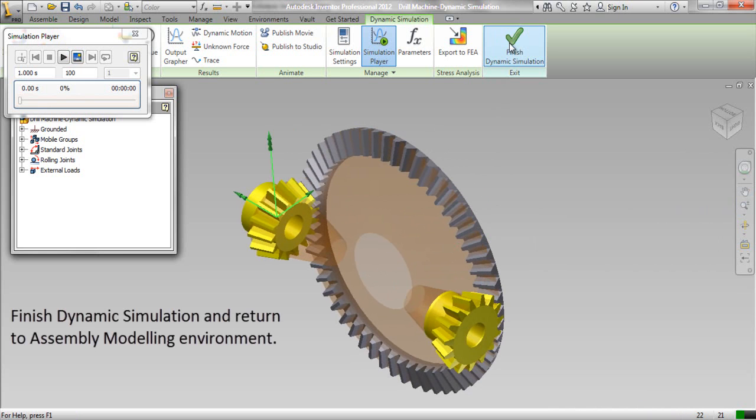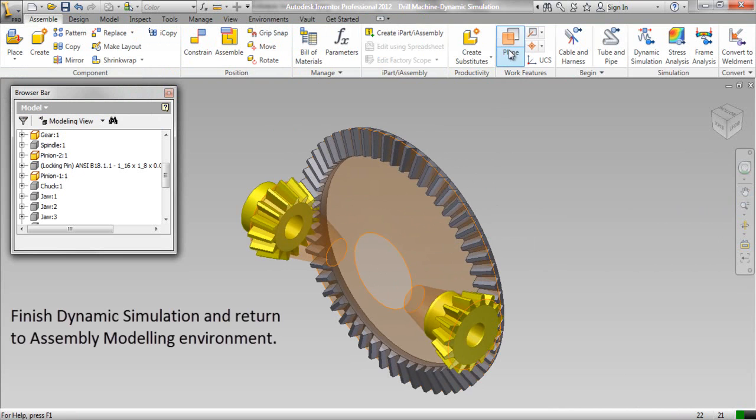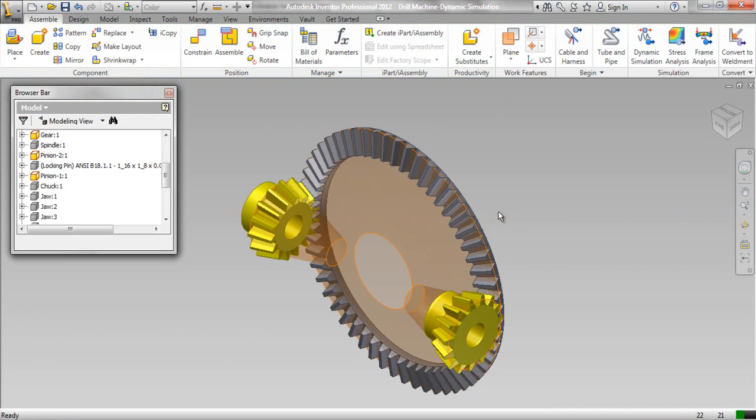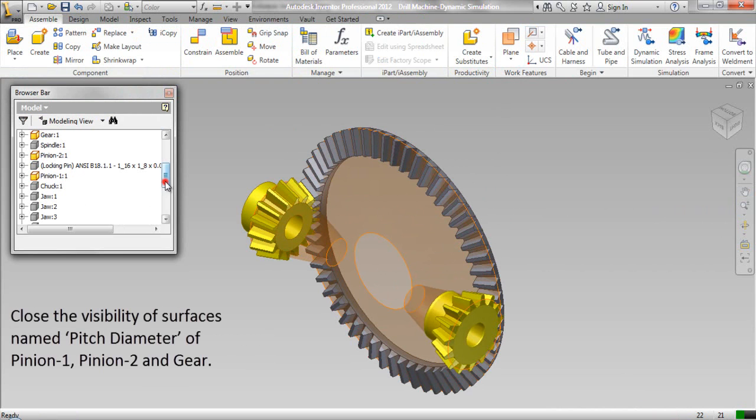Finish dynamic simulation and return to assembly modeling environment. Close the visibility of surfaces named pitch diameter of pinion 1, pinion 2 and gear.